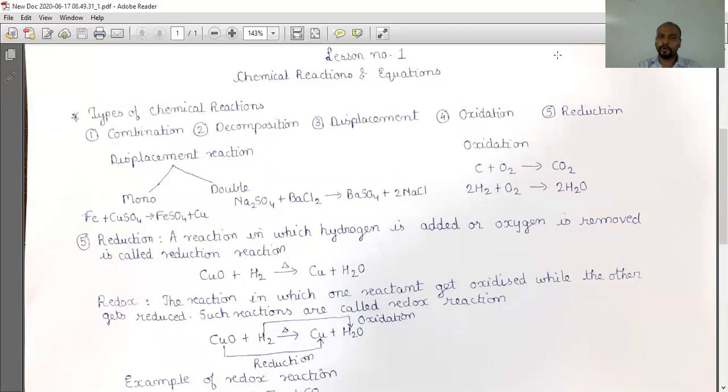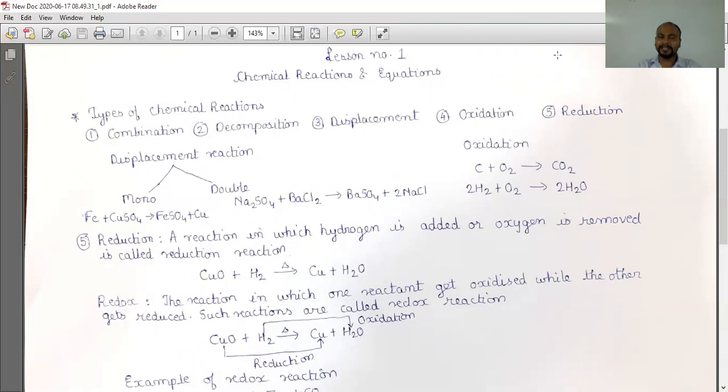Take in a test tube copper sulfate solution. Introduce an iron nail which is properly rubbed with the help of a sandpaper. Keep it for some time. You will be able to see that the iron displaces copper and the color of the solution in the test tube changes, whereas you are able to see some deposition on the iron nail. Keep it for some time, and you are able to see reddish color on the iron nail.